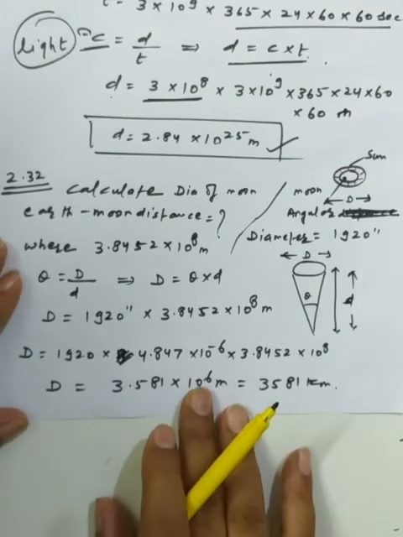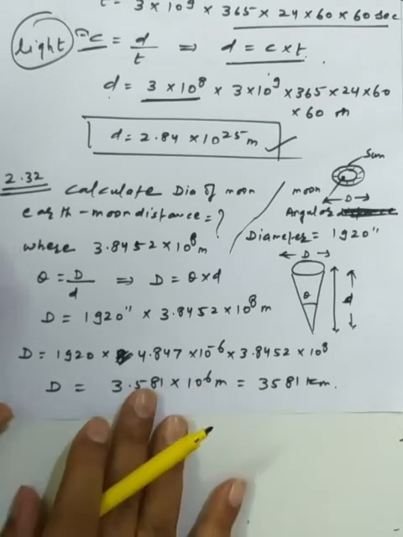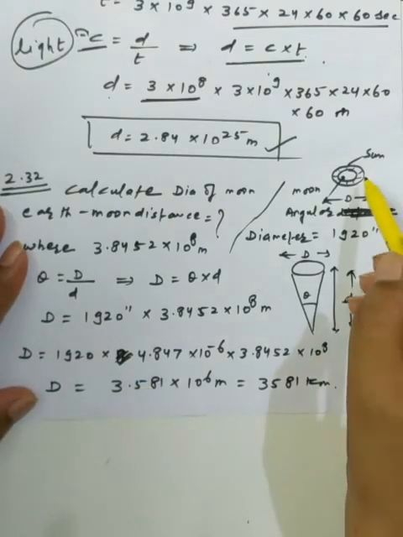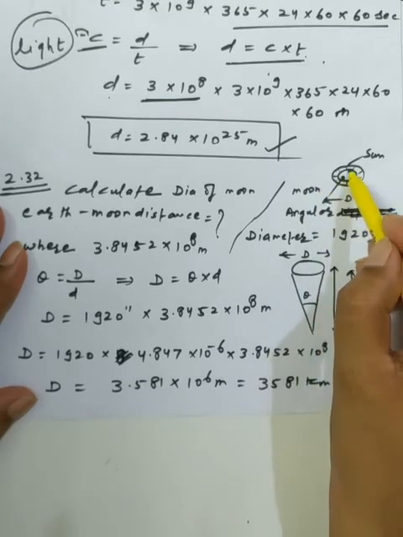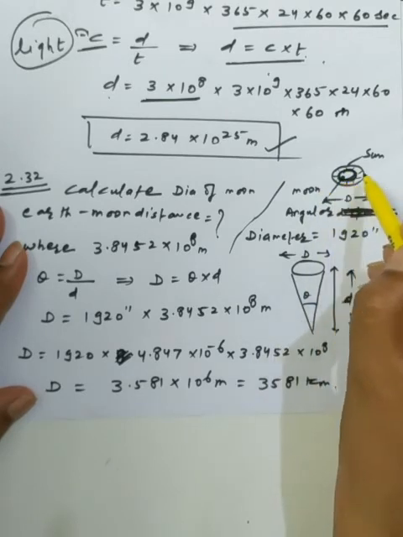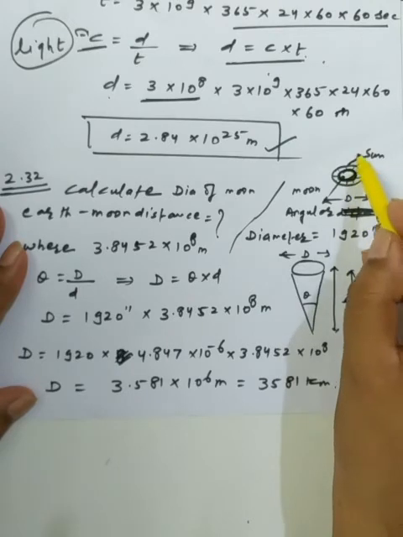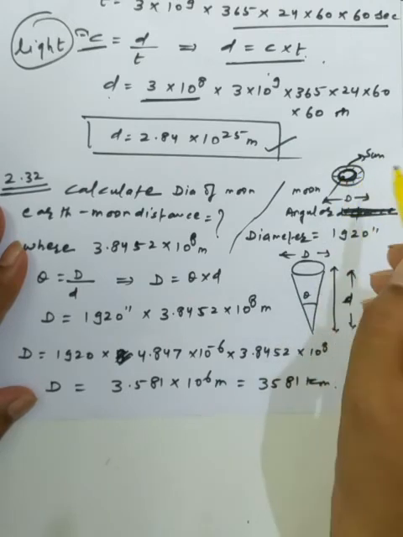Now we have another numerical, question number 2.32, and the statement is given. It is a well-known fact that during a solar eclipse, the disk of the moon almost completely covers the disk of the sun. And recently we got a solar eclipse. As the moon comes between the sun and earth, we get this situation. This is the moon, the inner portion of the ring, and the outer portion is the sun, and the moon completely covers the sun.